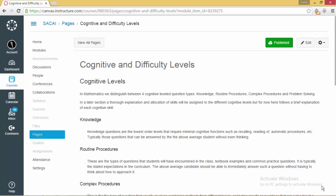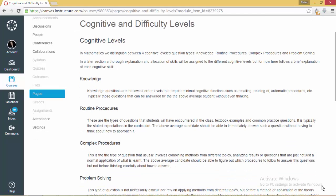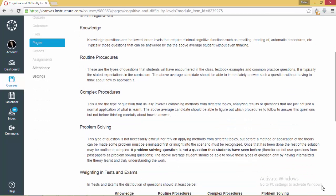I really want you to feel confident with the cognitive levels because it's one of the most major aspects that we are moderating. Okay? It's one of the most major aspects that make an assignment, that make a test equal to the final exam in standard. So there are 4 cognitive levels, but let me first explain it like this. Every question that a student will encounter in the final exam is,